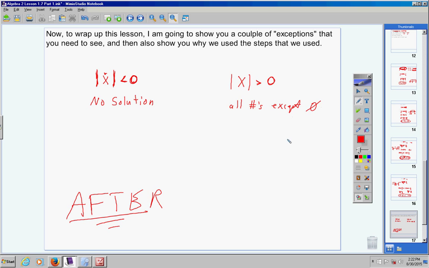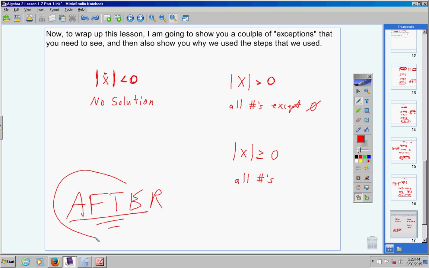Except 0, okay? All numbers except 0. Now if you have this, after you've isolated the absolute value, if you have this, then it would be all real numbers. And that's it, all real numbers. All numbers, because it says equal to 0, so you could also put 0 in for x, and the absolute value of 0 is 0. 0 is greater than or equal to 0. Okay, so